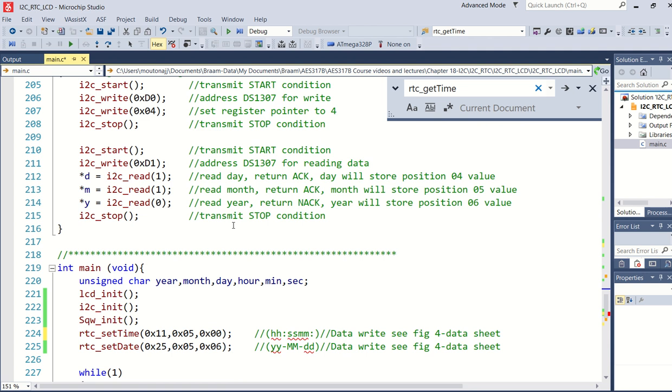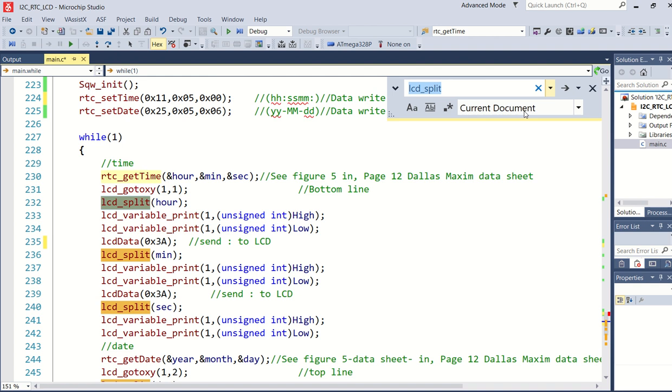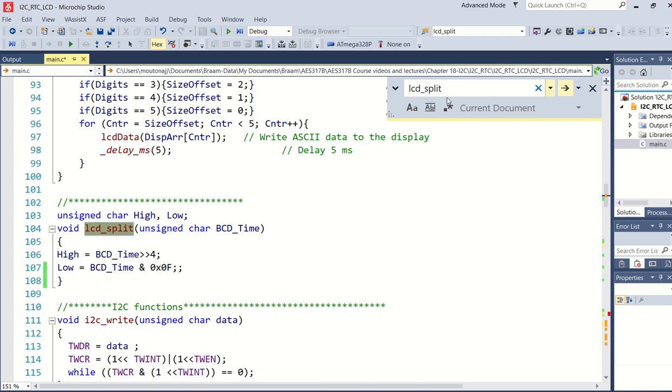And now I've actually got in hour, in minute, and sec the values from the real-time clock, which I've read. So in my LCD, I'm just saying go to the top line, first position, and then I'm giving it as an argument hour, but there's a split function by the name of split. Let's go to the function of the name of split. And where is it now? Here it is.